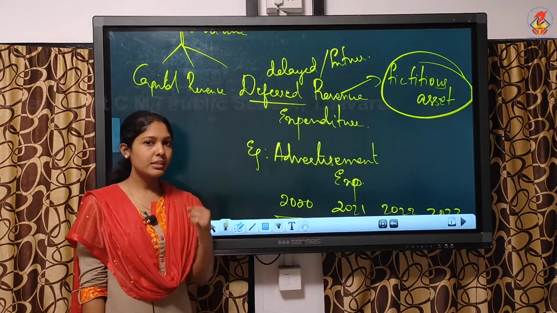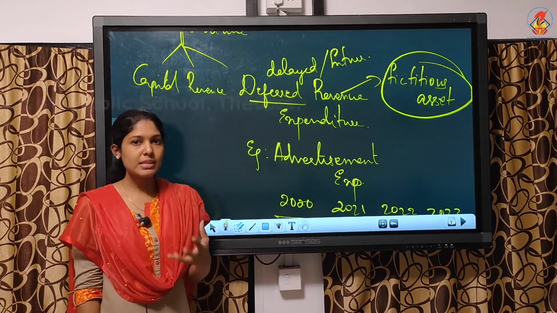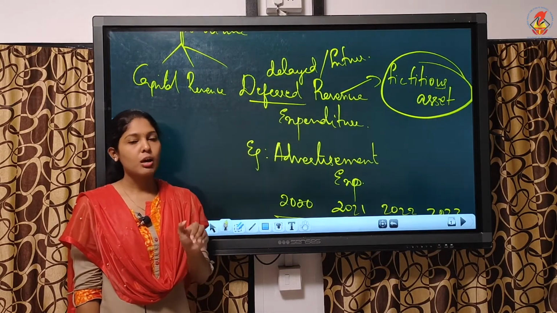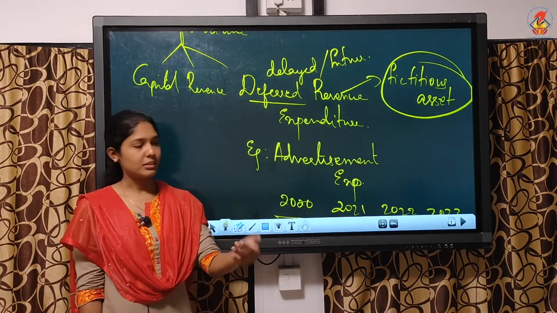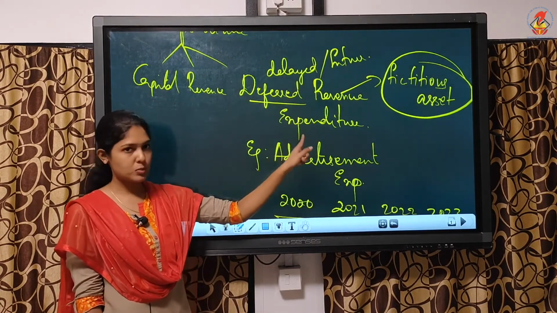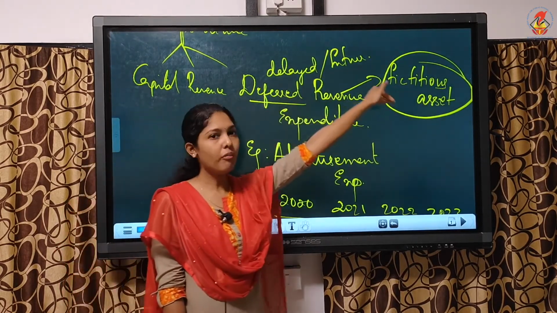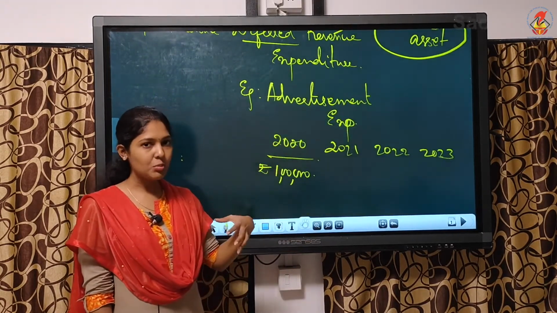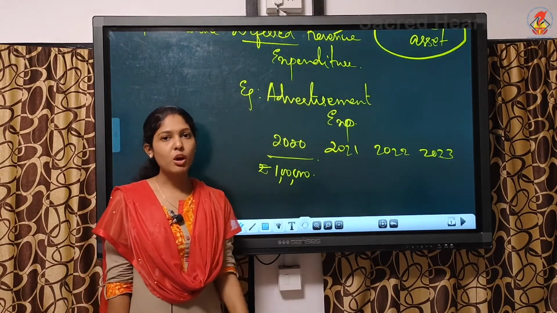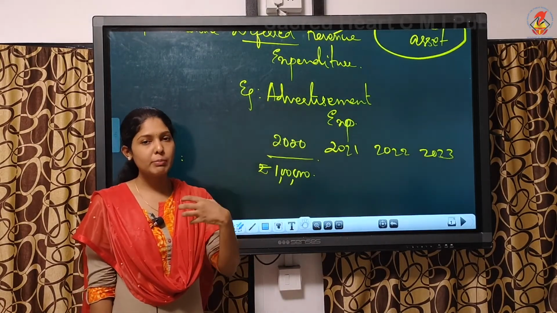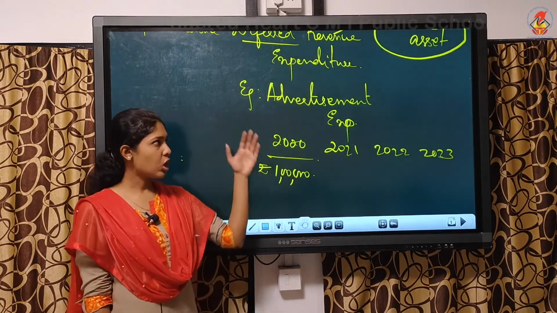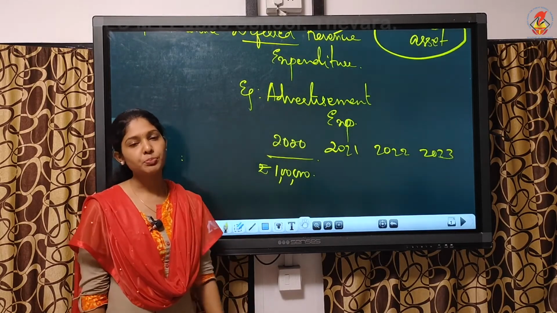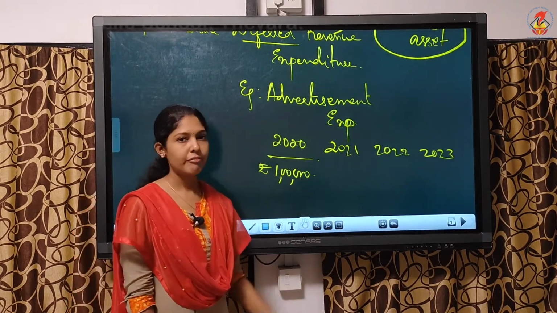Fictitious assets means neither tangible nor intangible. Basically they are losses but not written off in the year in which they are incurred, but in more than one accounting year. The same meaning you can write for deferred revenue expenditure also, because this is an example of fictitious asset. What you spend today, this year itself will not get the income on that. It will be spread over a period of more than 1 year. In the coming years you will be getting income on that, and such losses will not be written in the first year. In the coming years it will be spread over the coming years. That is all about deferred revenue expenditure.